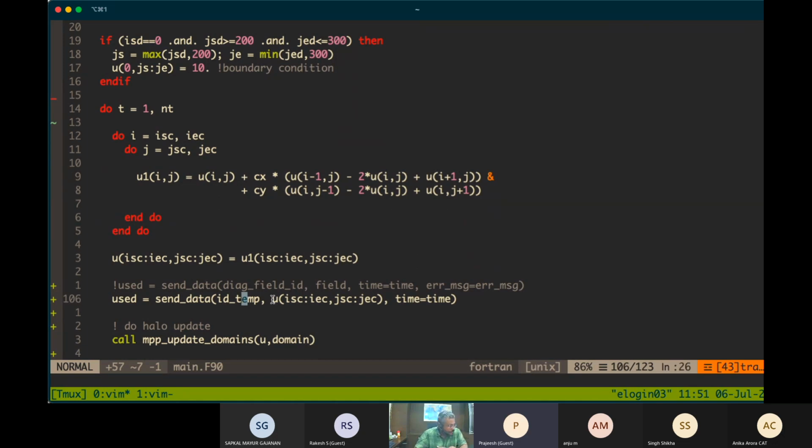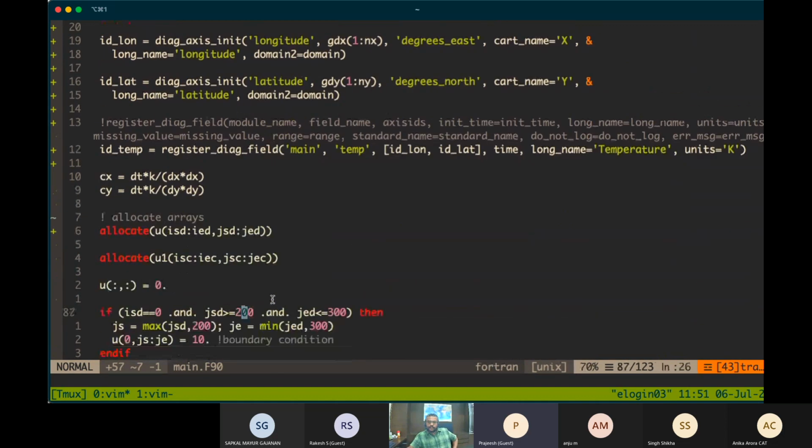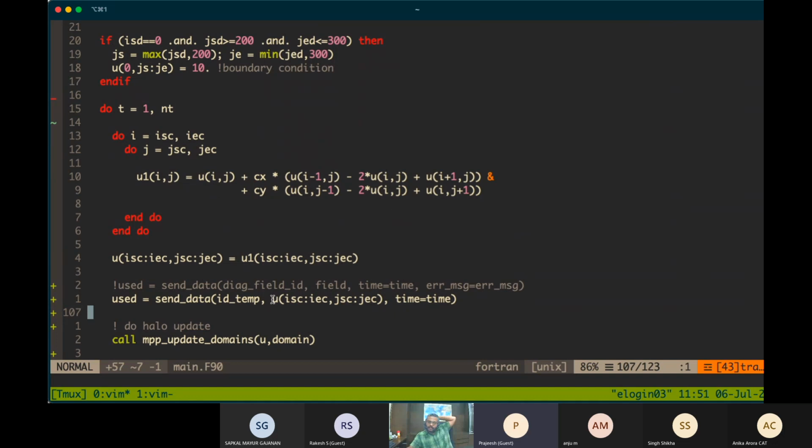So in our case, in the diag table there were two files, and the same variable was written in both average and instantaneous times. Those will be read and kept inside when we call diag manager init. And when send data is called, the same value will go for two different fields, one for the average field and one for the instantaneous field. And when the time frequency comes, it outputs those fields.